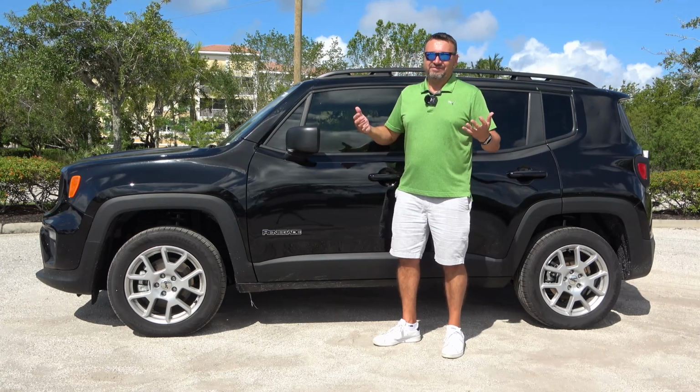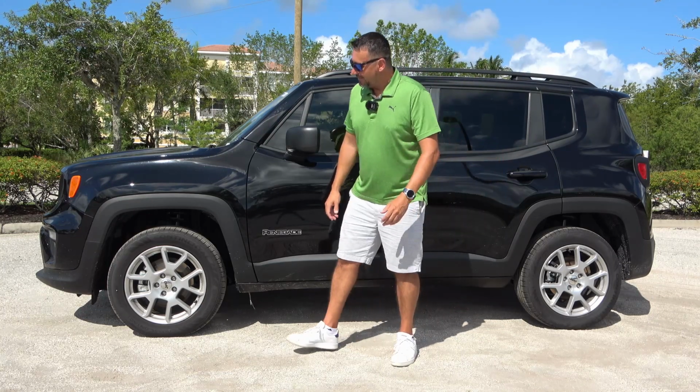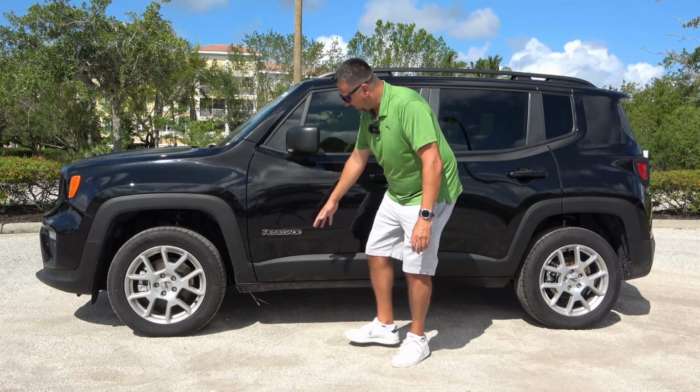Now, it depends, I guess, on your personal preference. They're both square. They're both a little bit different. Now, I like this one. I like the cladding that's around here. That's pretty